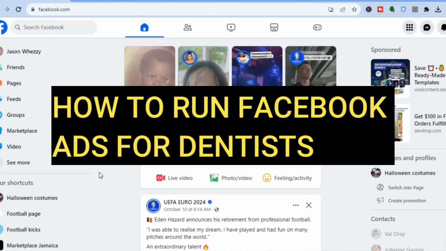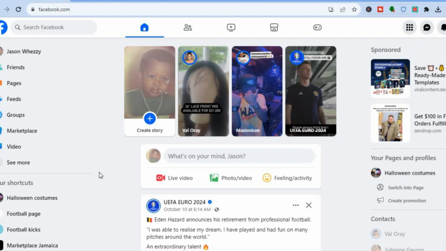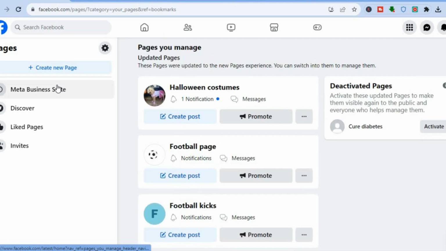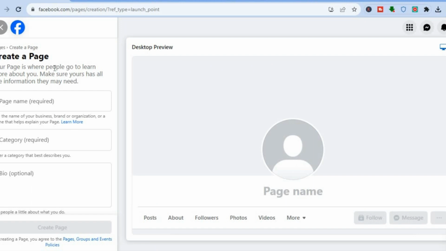In this tutorial, I'll be showing you how to run Facebook ads for dentists. The first thing you want to do is create a Facebook page. So for example, if you don't have a business page for your dentistry, you could go over to the top left hand corner once you're on facebook.com and tap on pages, and from there you could tap on create new